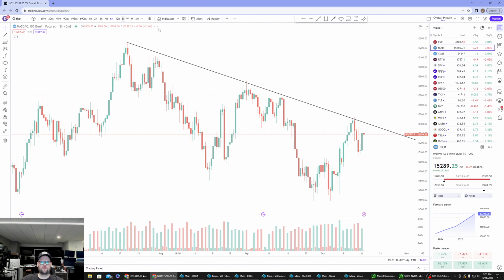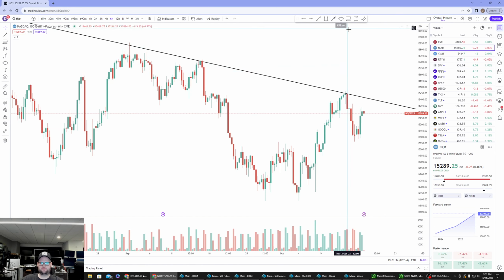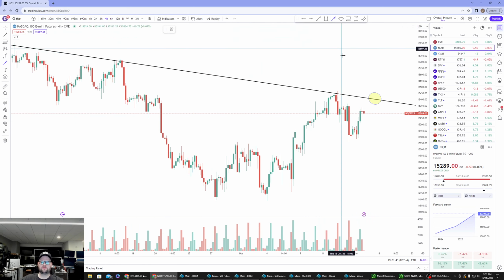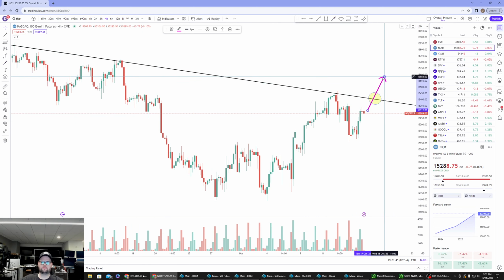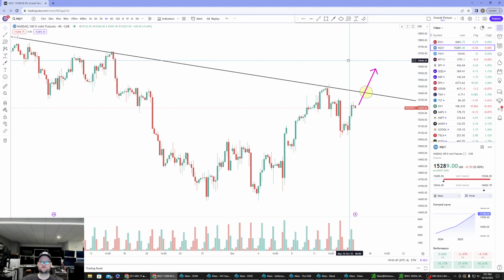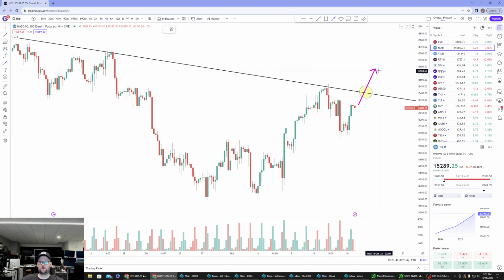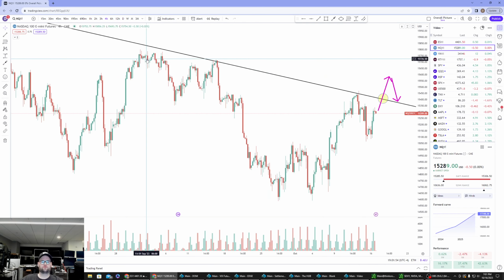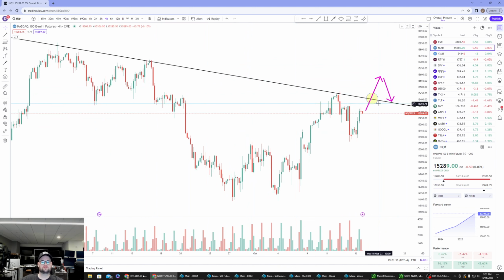So if and when the Nasdaq futures test this general area, you want to gauge what price does. Ideally, the bulls want to see a nice momentum breakout to the upside, and then if they do break out and then retest that area, you want to see that previous resistance turn into support. Okay, so definitely keep an eye on this trend line going forward.